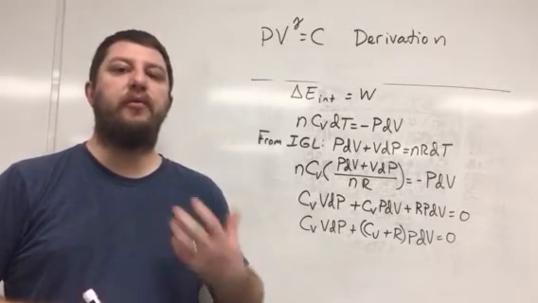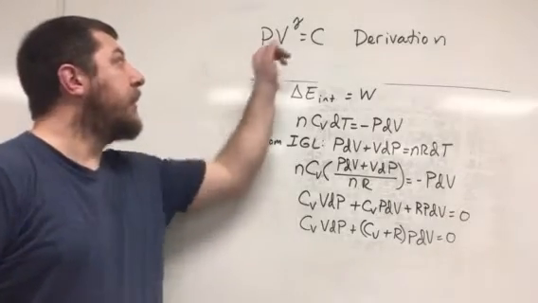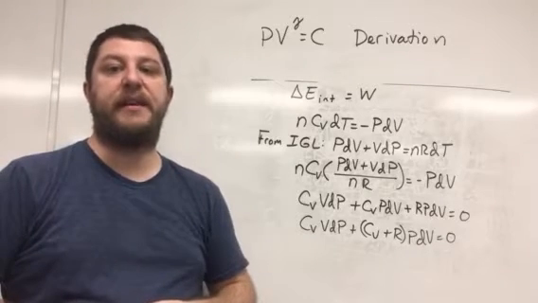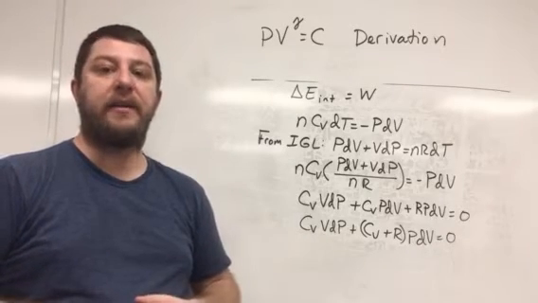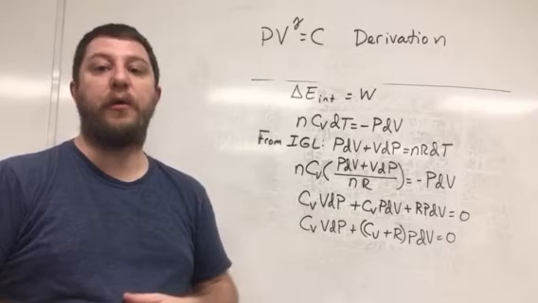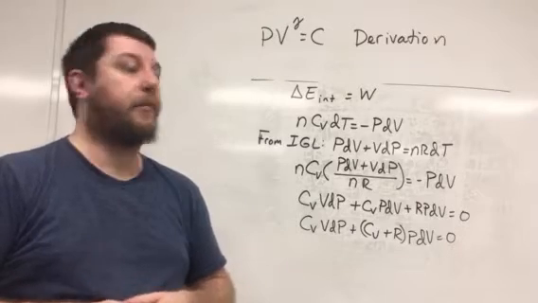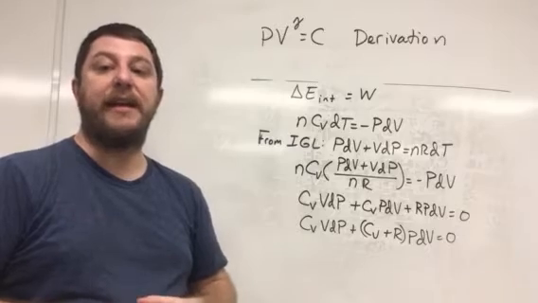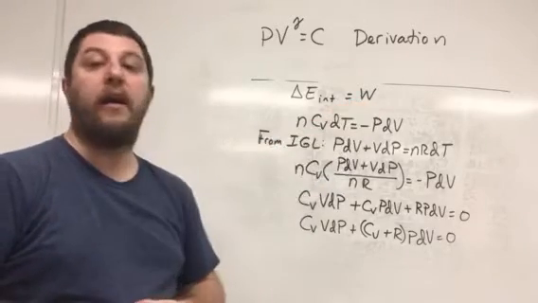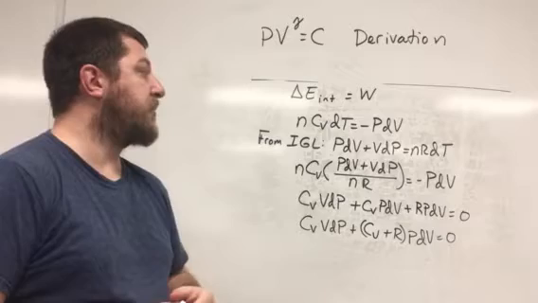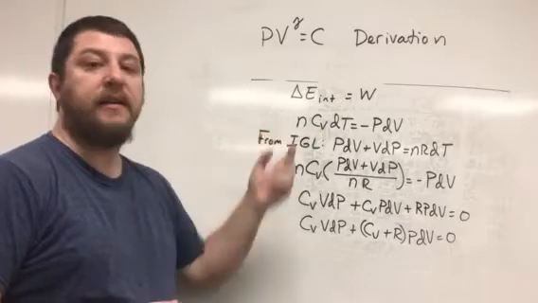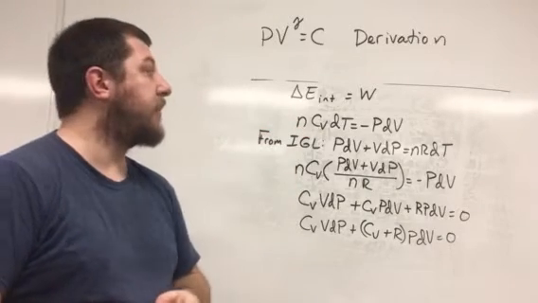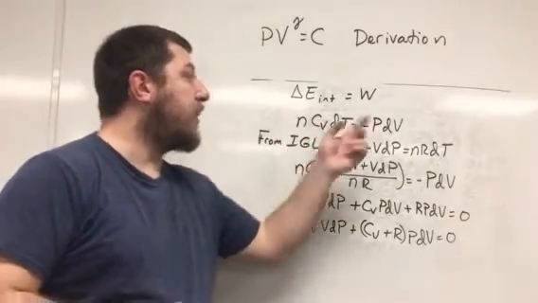We now want to derive the relationship PV to the gamma equals C. And again, this is the adiabatic relationship for the pressure and the volume undergoing an adiabatic process. And again, in the adiabatic process, we have delta E int is going to equal the work done because Q equals 0. And delta E int is the same thing as nCV dT,